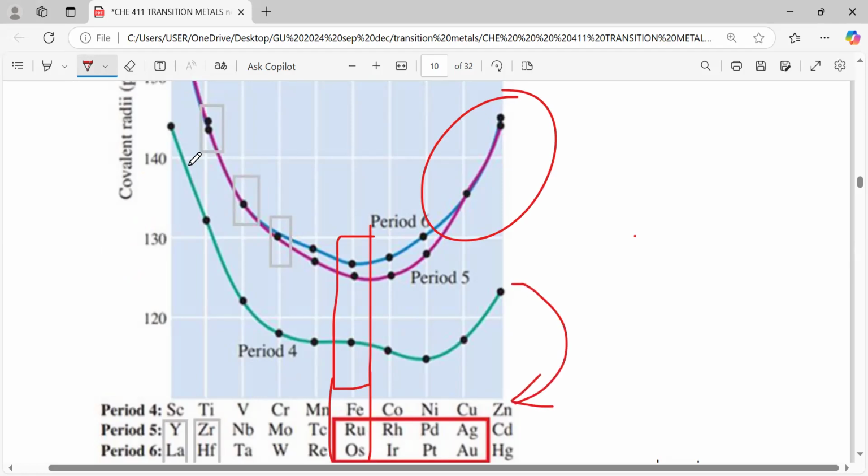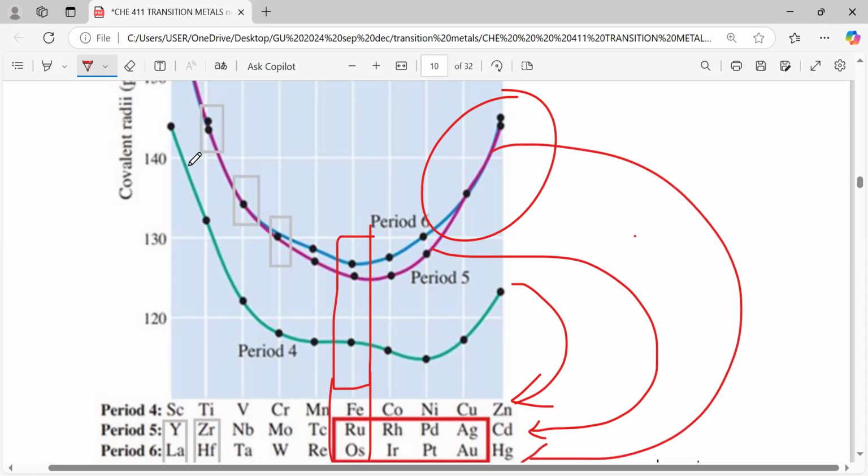While period 5 is that one, then period 6 is the lower one. So it means this first value is for iron, then for ruthenium is that one, then for osmium is that one. So it means iron has the lowest radius in that group, followed by ruthenium,